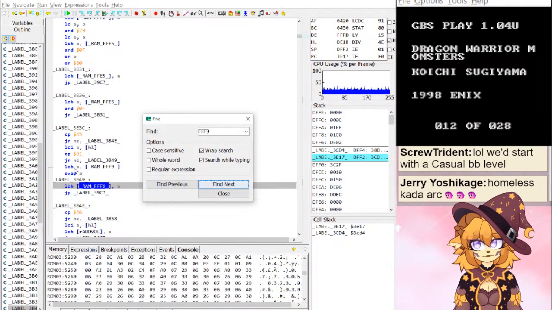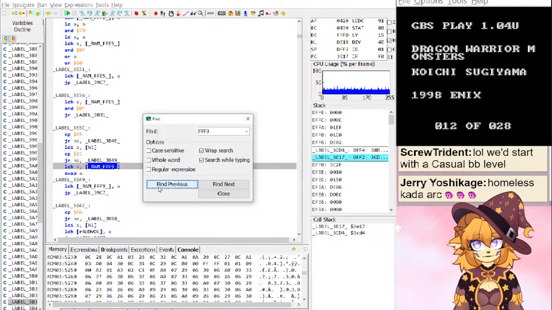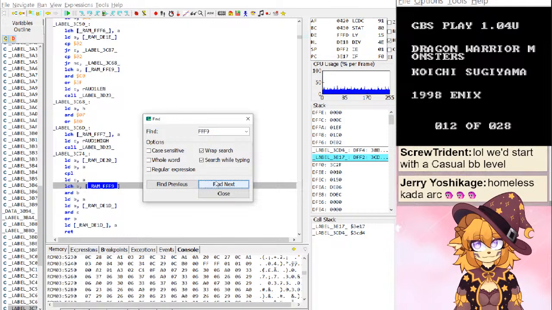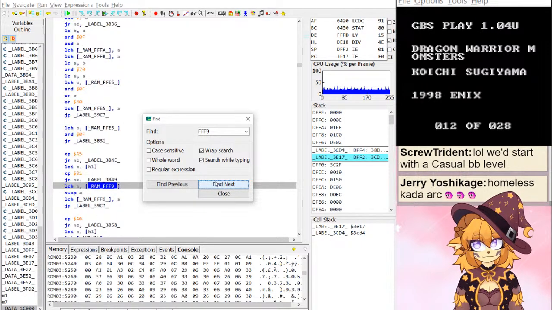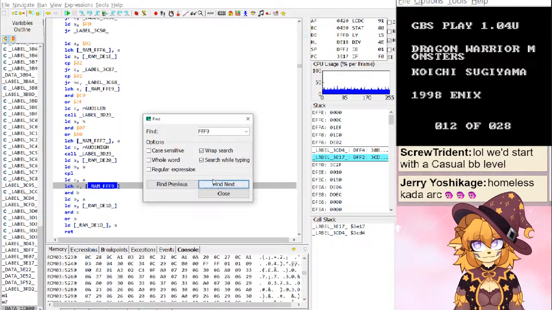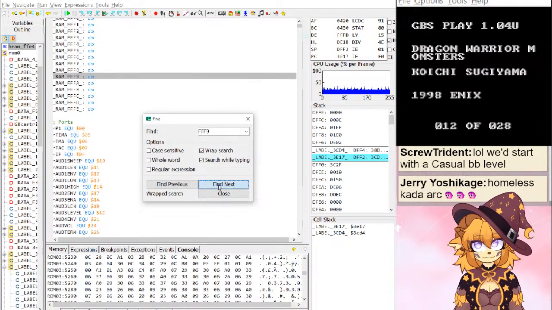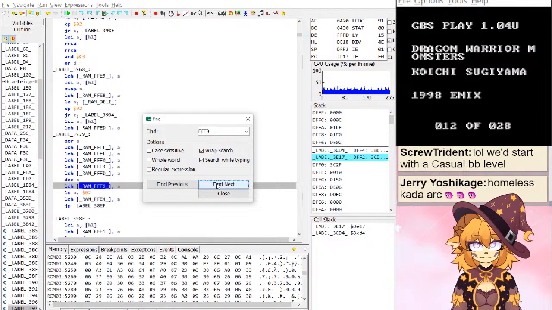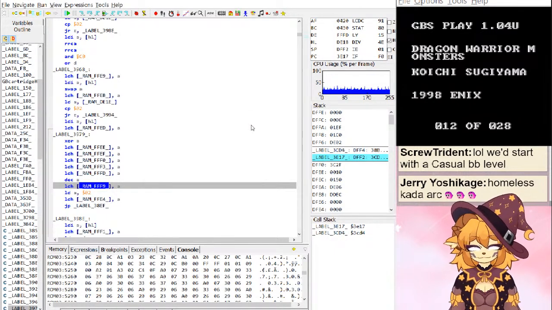So for whatever reason it's swapped occasionally, but I don't see any assignment that would change the value. Yeah, I think it still stays FF because it's only swapping them.